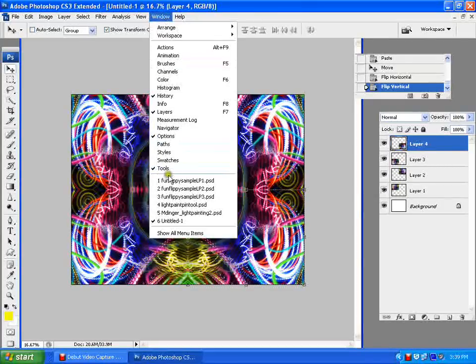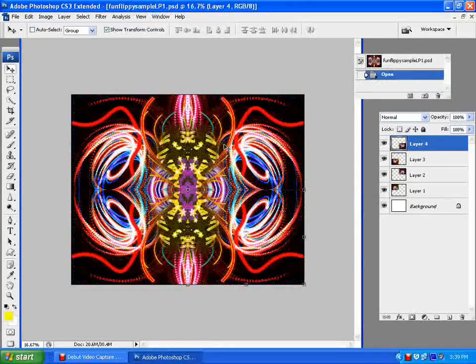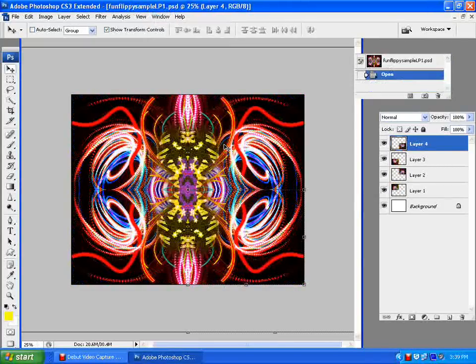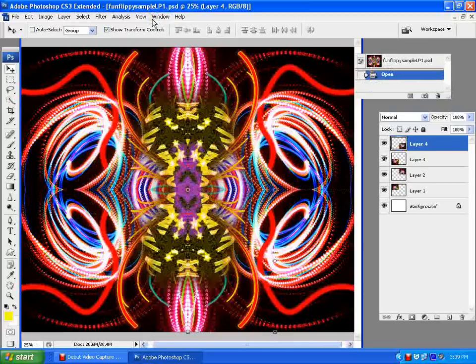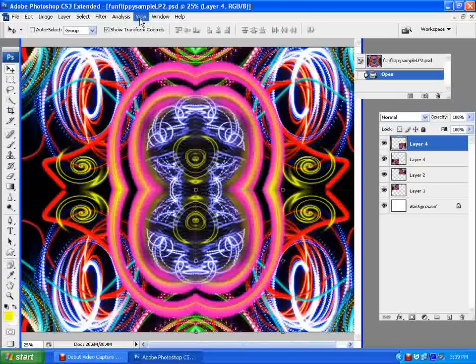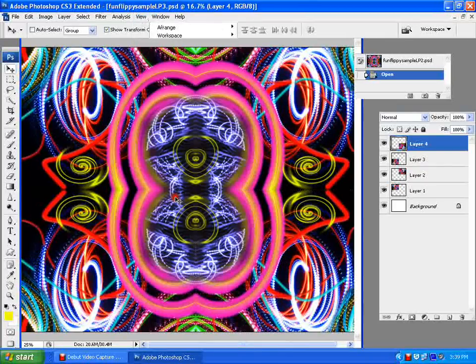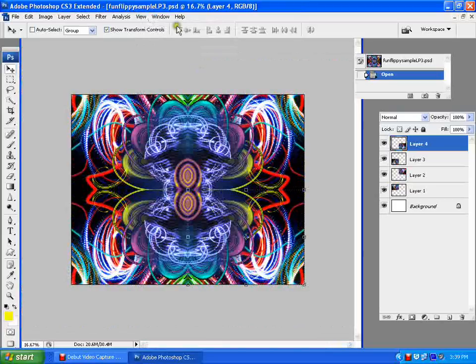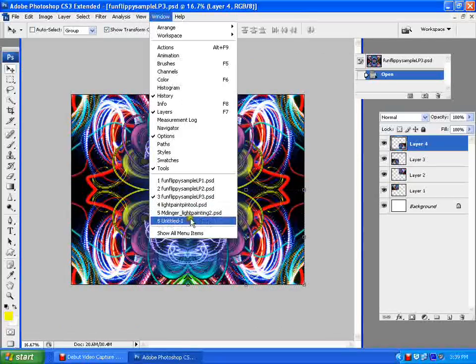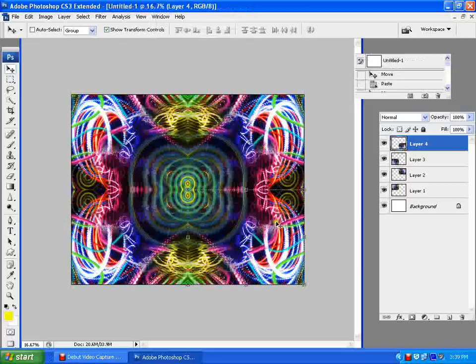Here are some other examples that were done using the same base image. All of these were using the same base image of the original swirls and light painting swirls. And here's another one. And back to what we just did now in